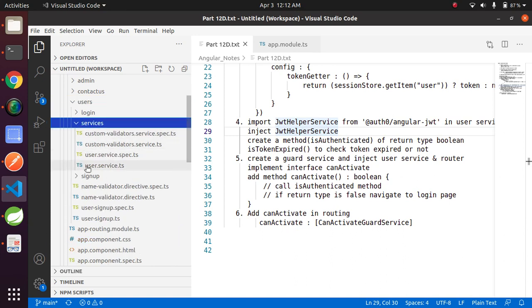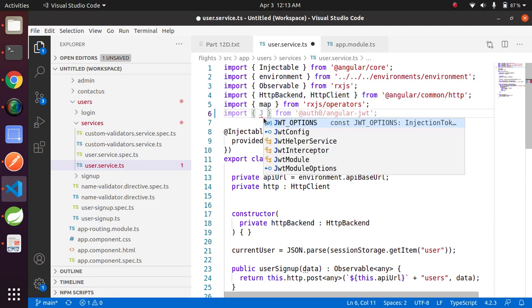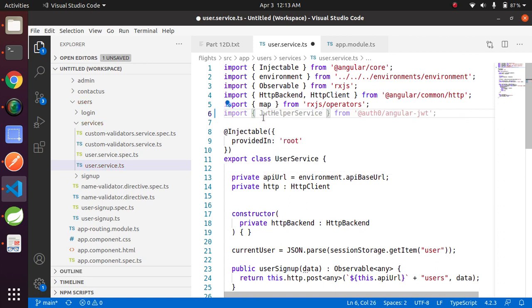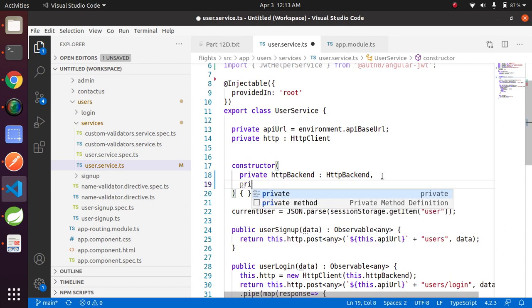Import from JwtHelperService. Let's inject this service. Private jwtHelper, with a small j.